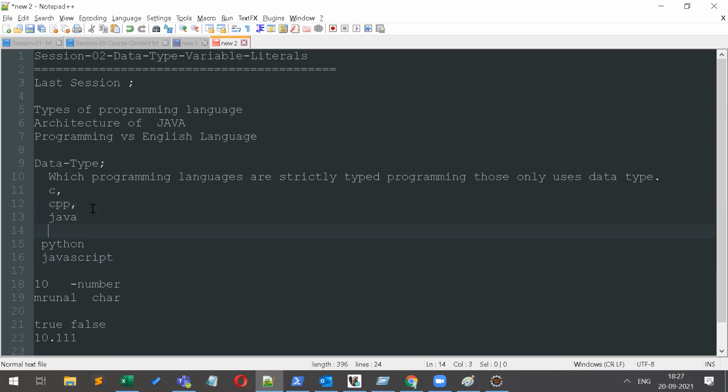Suppose in your Python code you have written x equal to 10, and x equal to 10, this kind of scenario. If you are writing x equal to 10 and this x is, let's say, rupees or amount.